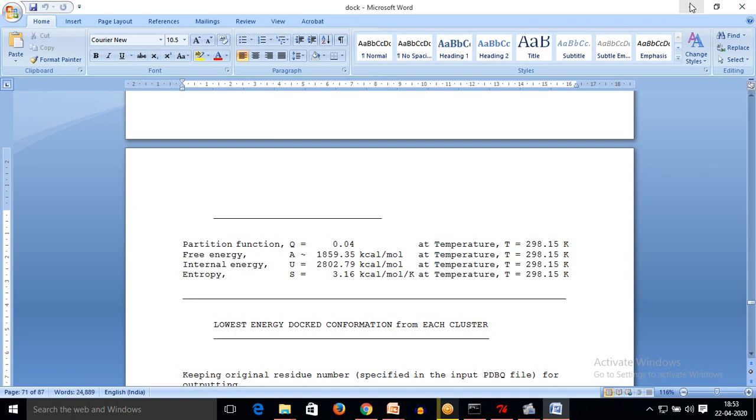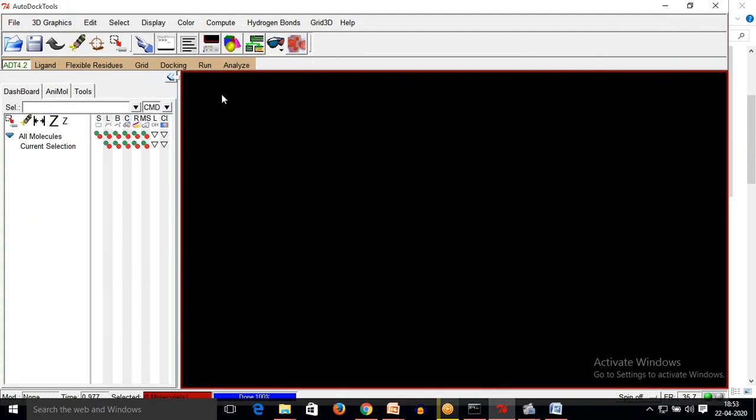Next, secondly, if I want to analyze my docking result and see the interactions of my amino acids with my ligands, I can do it by using several visualizers like PyMol, DS Visualizer, Chimera, etc. But we can also carry out the same process in the Autodock protocol itself. The only thing we have to do is go on Analyze, Docking,